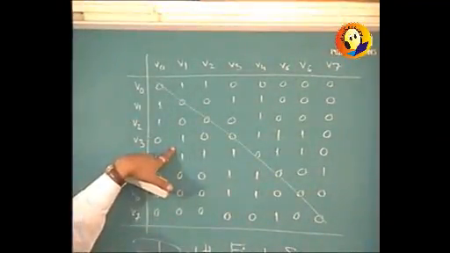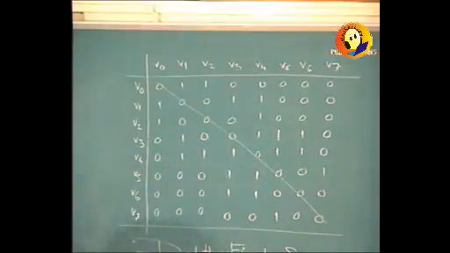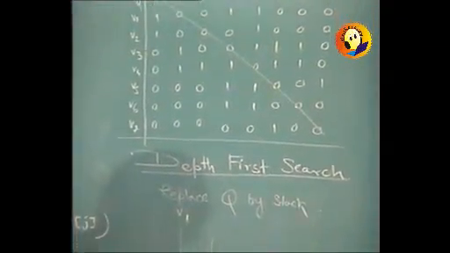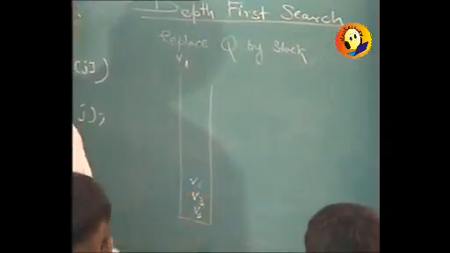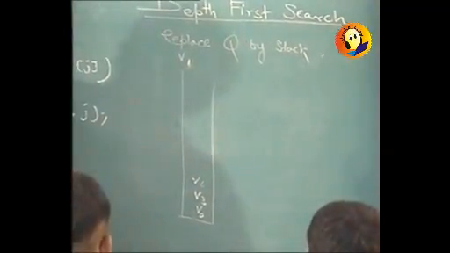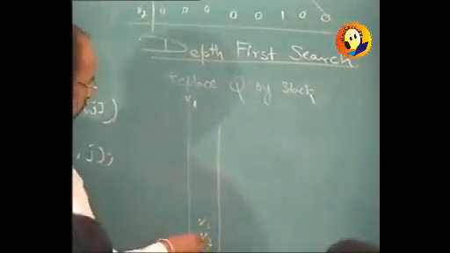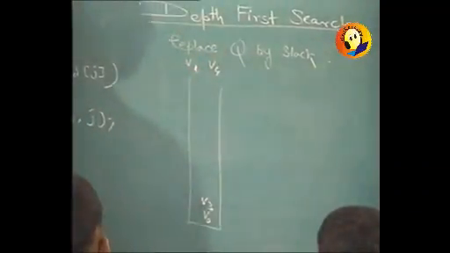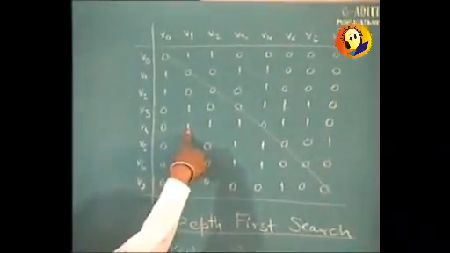Did we do it earlier from v0 to v1? Okay, so we'll do it again with v1 so that we can see the difference. Initially v1 will go to the stack, v1 will come out and be printed. Adjacent to v1 are v0, v3, v4. What is happening? v0, v3, v4, yeah. Now v4 will come out and be printed, and adjacent to v4, v1 is already there,